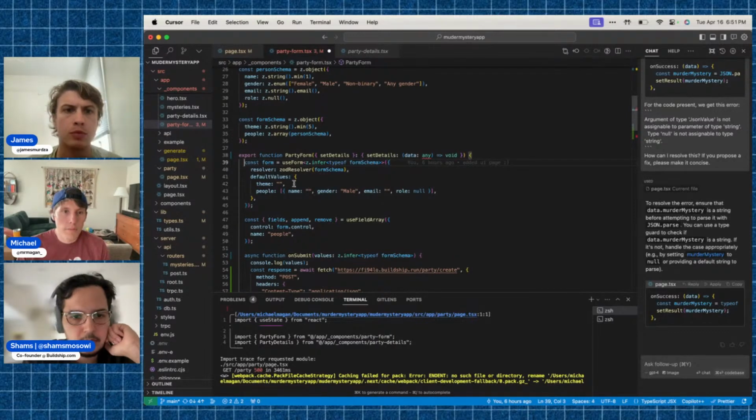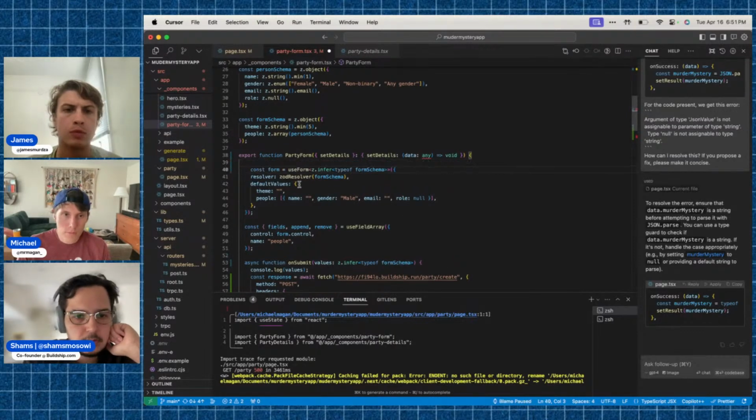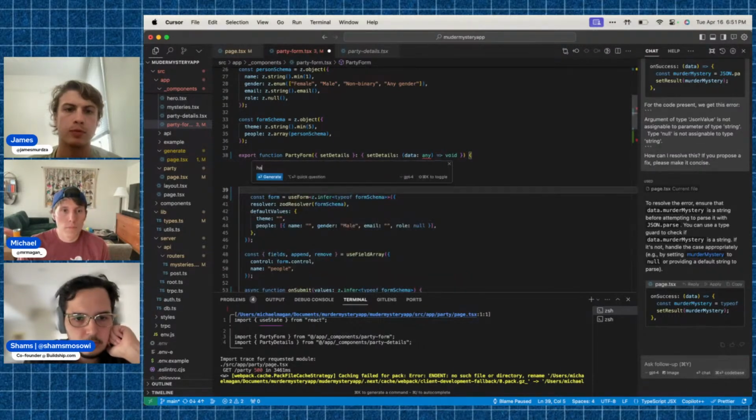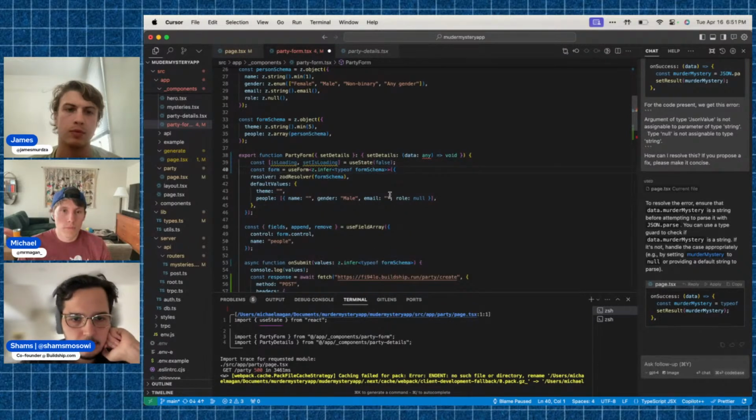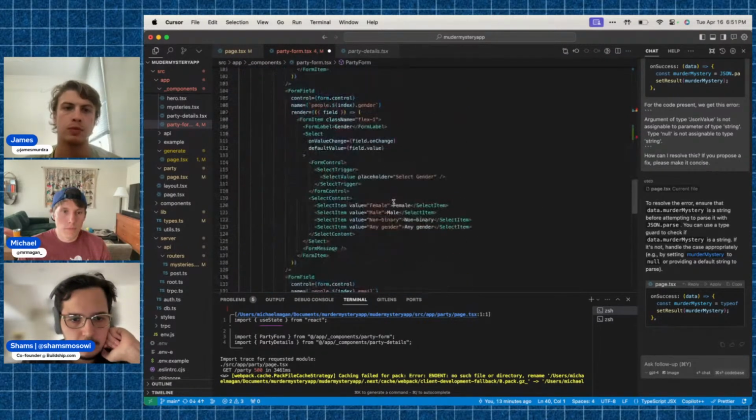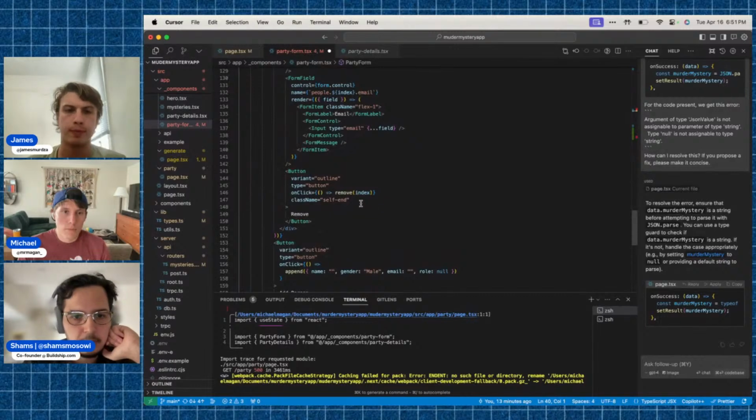Yeah, here. Cool. And then we add set is loading first in the submit.